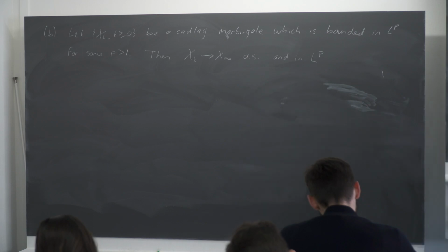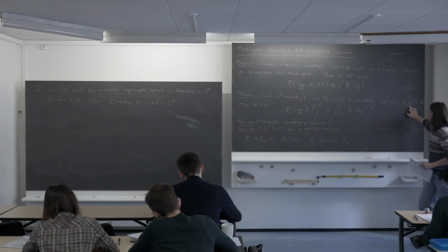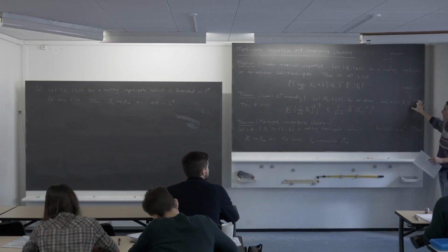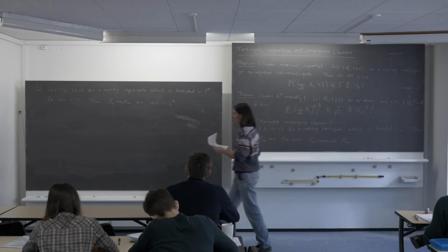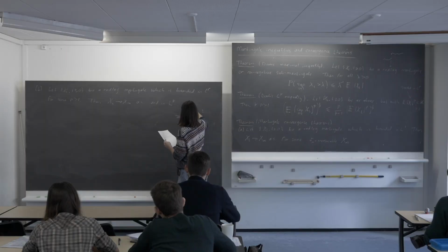So if we look at X_t minus X_infinity and raise it to the power of p, and take that to the 1 over p, that's going to tend to 0, and moreover